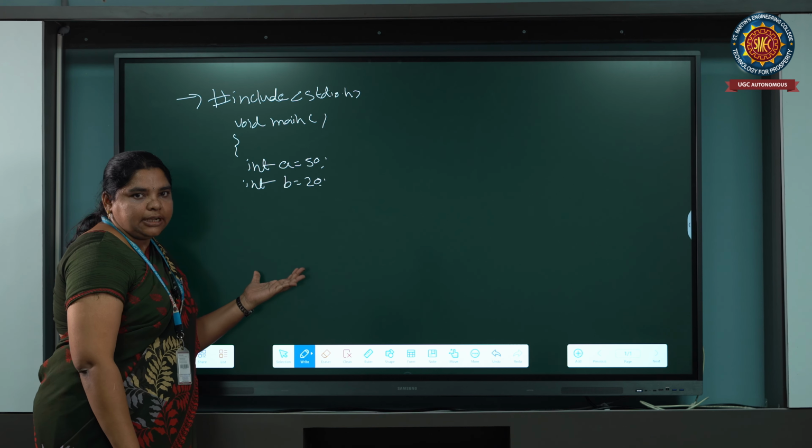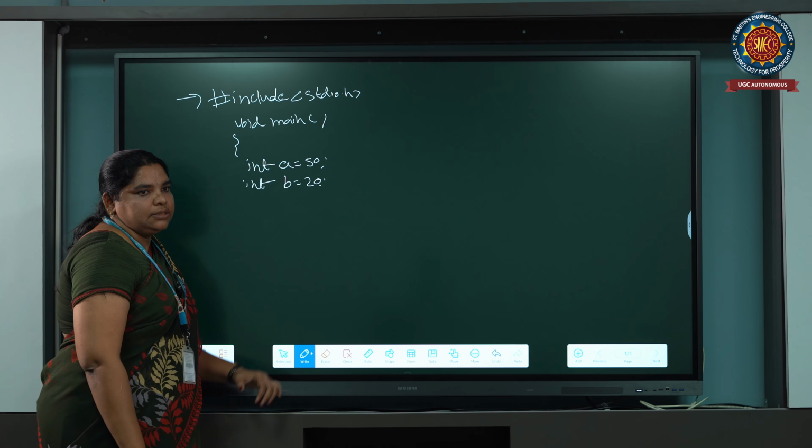In arithmetic operators we have addition, subtraction, and multiplication. So how do we write these operations in this program?